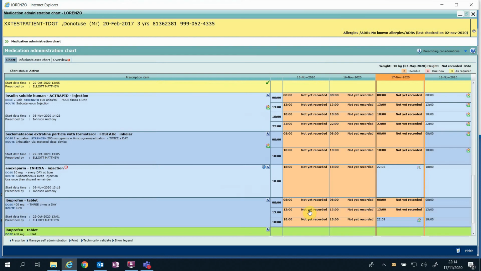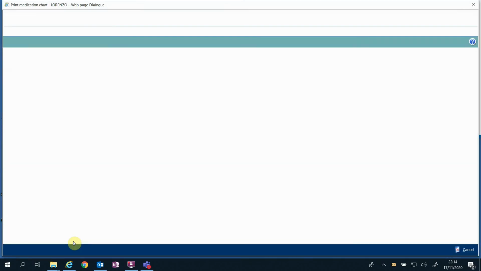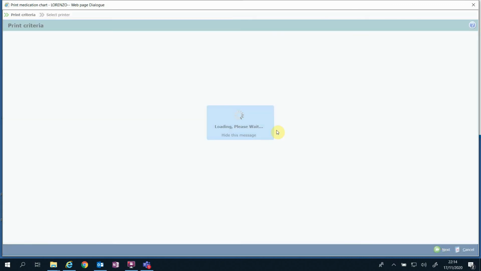If you need to give the patient an aid memoir, something to work from, something to document on, we can go to the bottom of the screen here where it says print, and this is where we normally print the medication chart, the one that we'd normally send with a patient, maybe to a different ward or a non-Lorenzo ward or a non-Lorenzo area or a different hospital. And we can start date of the 15th of November, a couple of days ago, going on to the 21st of November. If we press next,